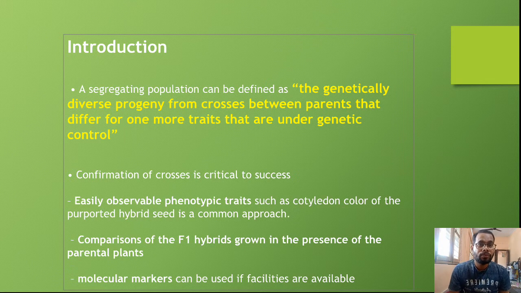So I think you got what segregants means: different types of genotype produced in F2 or its subsequent generation. For handling there are different methods which allow us to select a desirable genotype or plant in F2 or its subsequent generation. That is the thing. And the second point is: how can we confirm a cross?